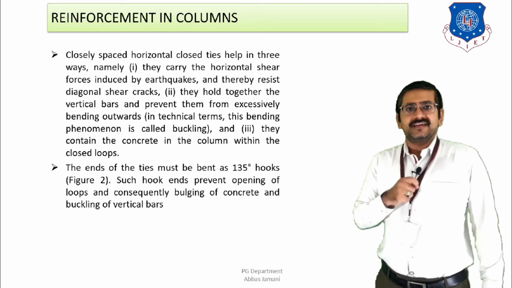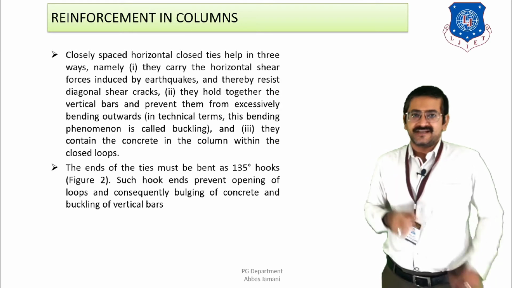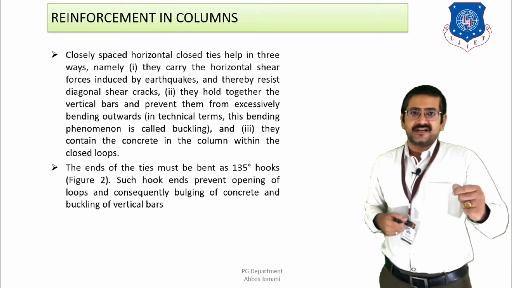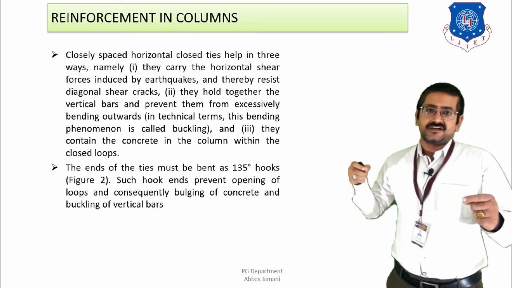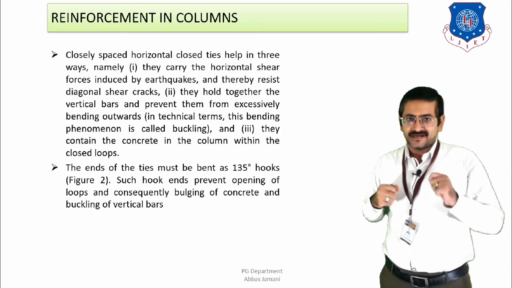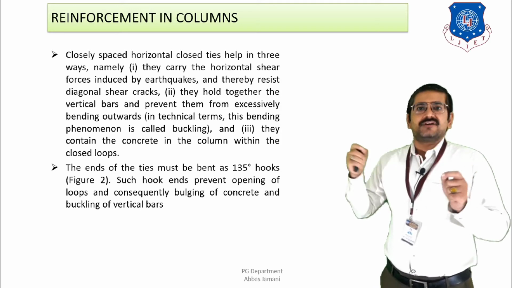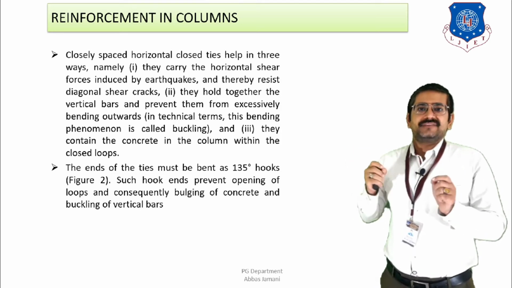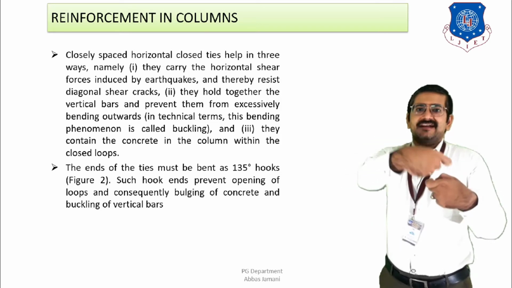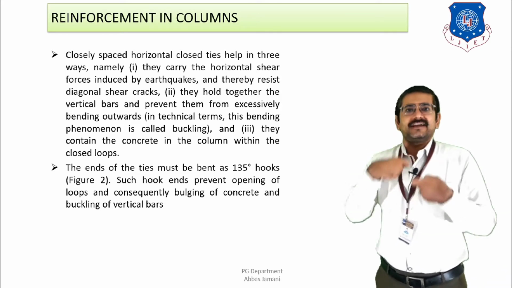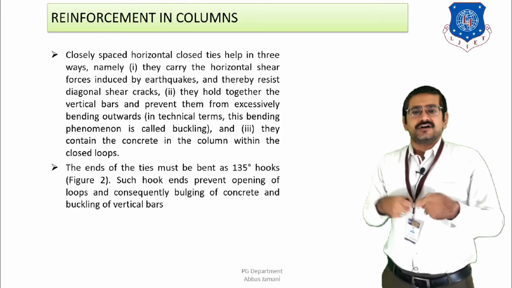Now, mind well, one thing from the good detailing point of view is that this closed end of the stirrup should be alternately placed. That is, if I have one end of the closed stirrup at this particular face, then the second ring should be on the other side. When this happens, since the locking system of the closed stirrups is interchanged, the entire cross section will remain in position throughout the horizontal shaking. If all the ends are located at one particular section only, then the other corner of the column is likely to become weak, and it may be exposed from that particular side.